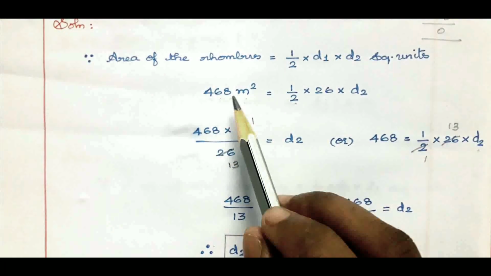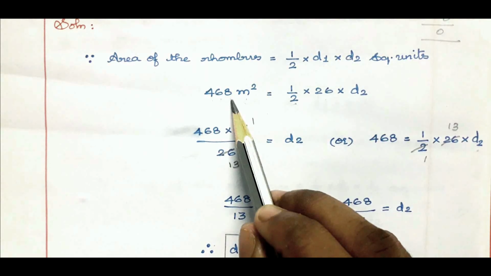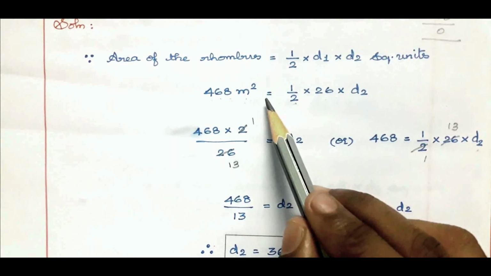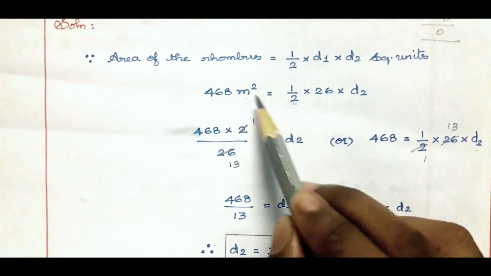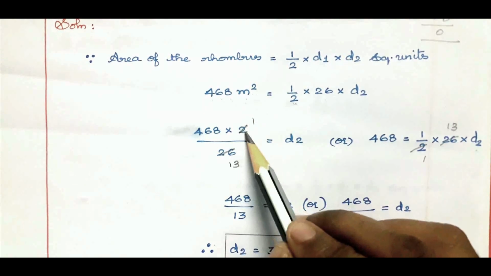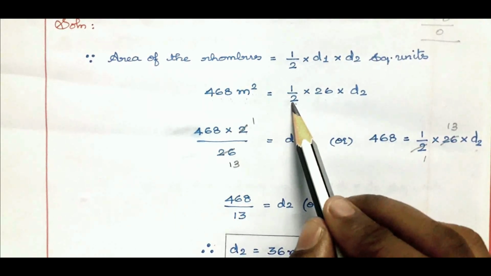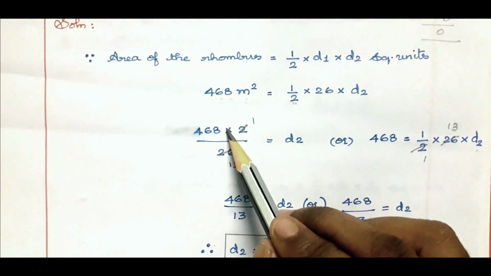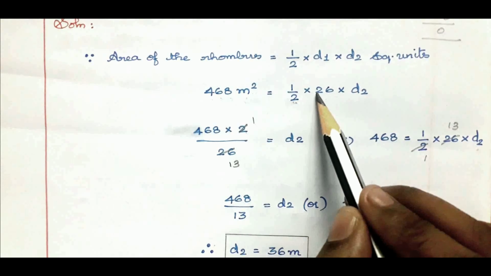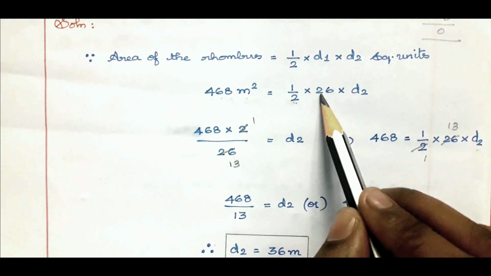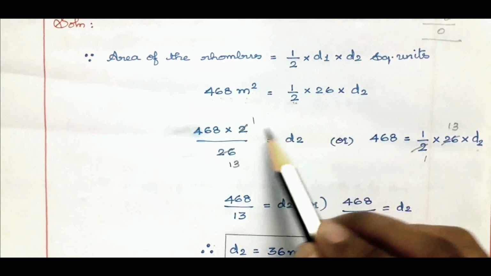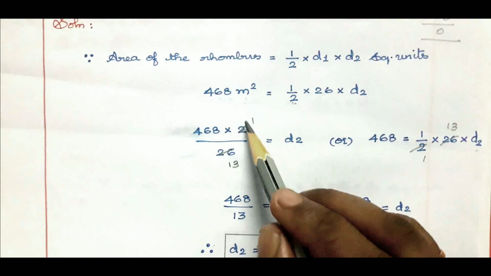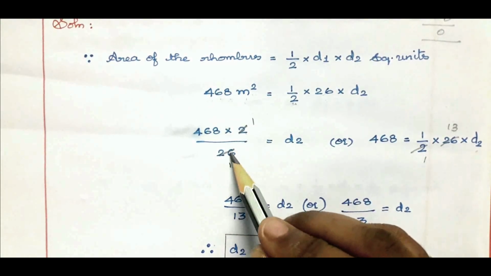One thing, 468 is on the left hand side. So from the right hand side we will take the numbers to the other side. So 2 is in the denominator. When it goes to the other side it becomes numerator. That is, 2 is in the part of division; when it goes to the other side it becomes multiplication. So 468 into 2, and 26 is in the numerator on the right hand side; when it goes to the other side it goes to the denominator. Okay, so now when you cancel, 1 2 is 2, 13 2s are 26.